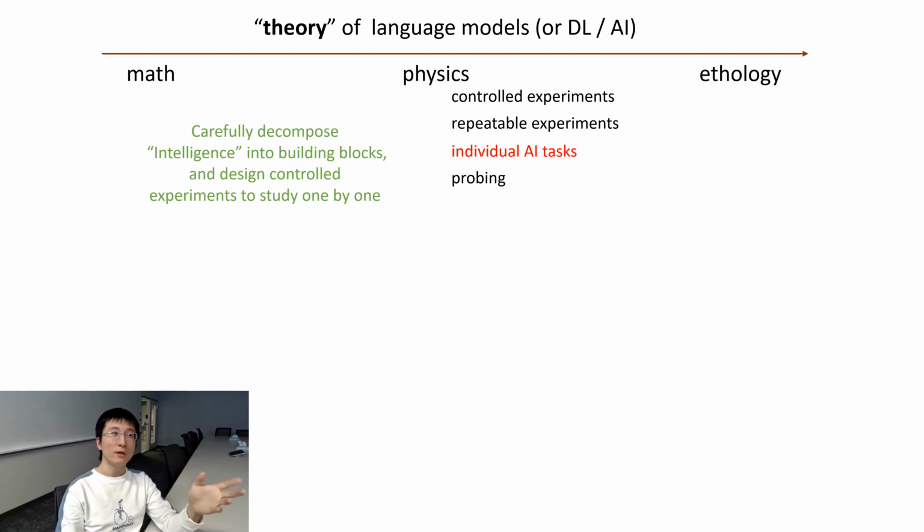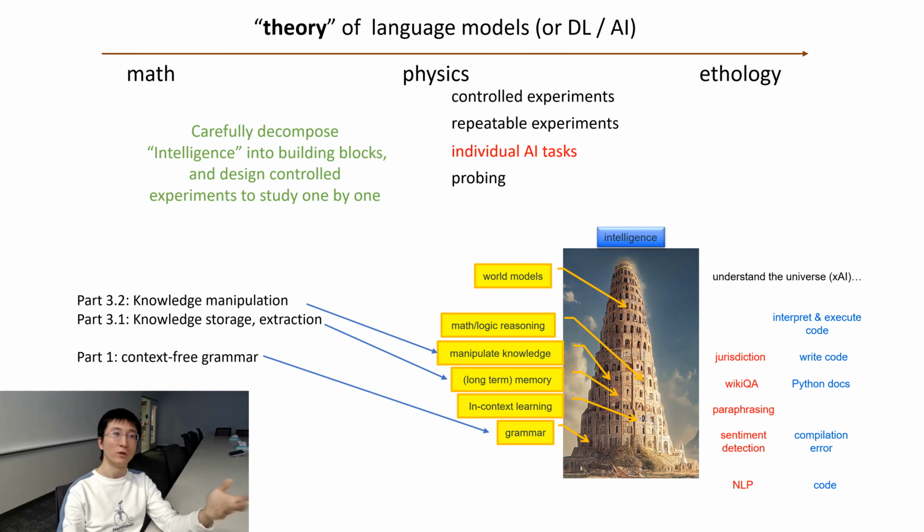So one thing I just said is that I wish to carefully decompose the word intelligence into building blocks and then design controlled experiments to study them one by one. There are many such possibilities, and we are working on a whole series of papers to uncover the mystery behind it. And today I'm talking about part 3, which is regarding factual knowledge, or more specifically, knowledge storage,